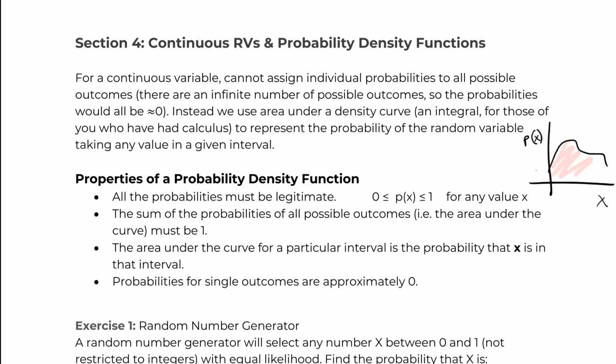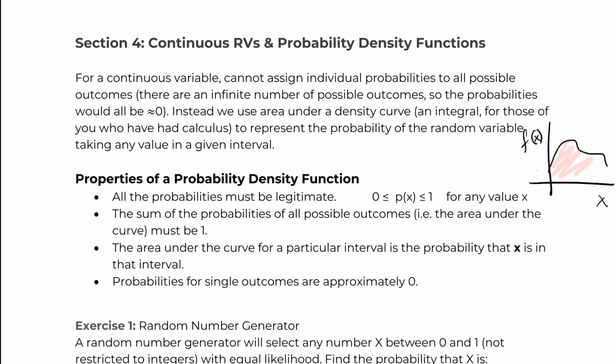In order for us to have a probability density function, all of our probabilities have to be legitimate. Technically this isn't even the probability, this is actually the function itself. The sum of all the probabilities, or the area under the curve, has to be 1. The area under the curve for a particular interval is the actual probability, and probabilities for a single outcome are